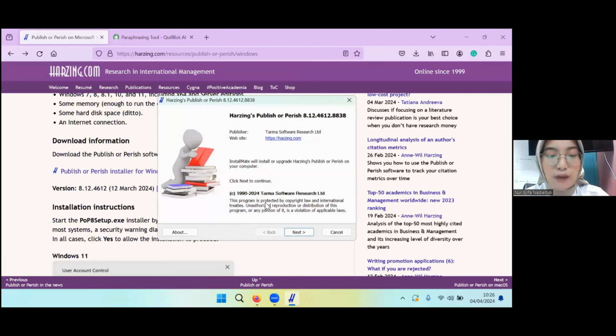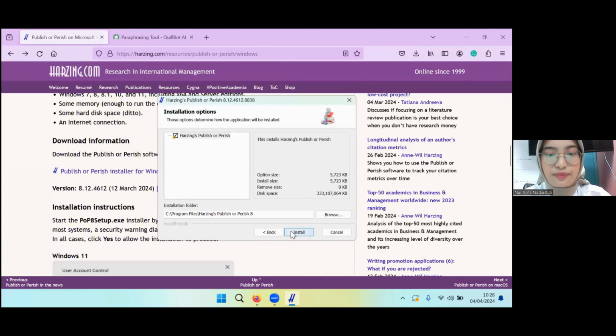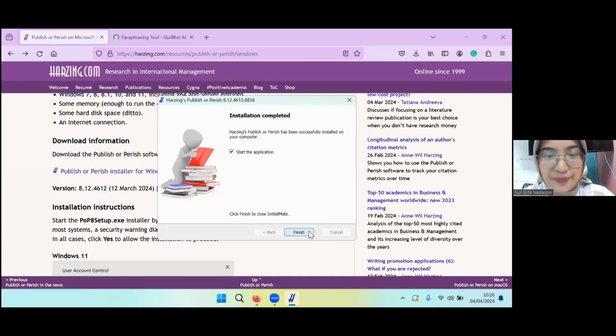When you click install, you have to click next. In the license agreement, you have to check the box "I agree to these terms and conditions". Then you click next, and you can click install. You have to wait for the installation.